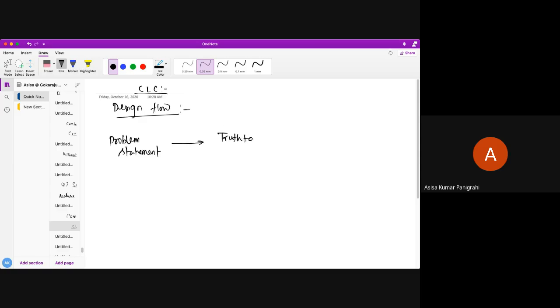For constructing the truth table, you should know the behavior of the circuit. Next, after that, you have to derive the K-map from the truth table. We have already done all these things, how we have derived the truth table from the K-map. If there are two different outputs in the truth table, let's say A, B, C are three inputs